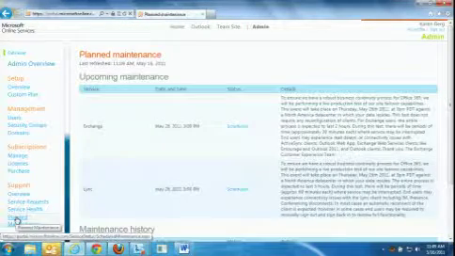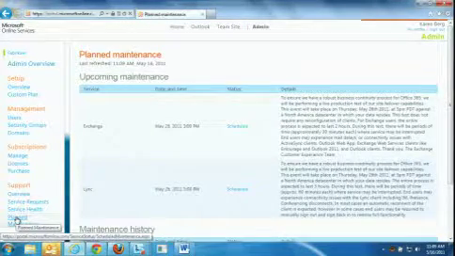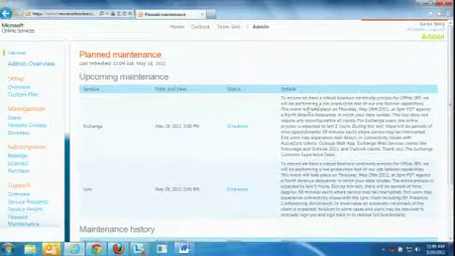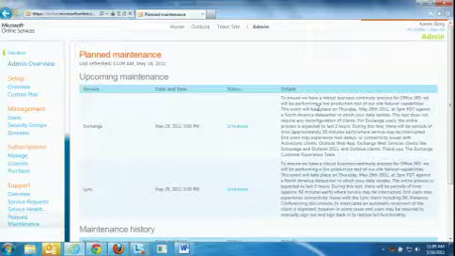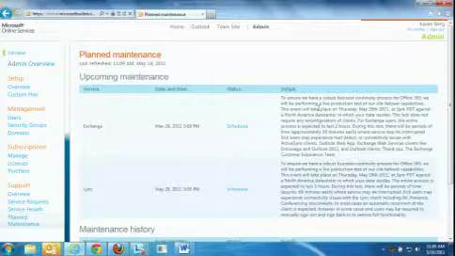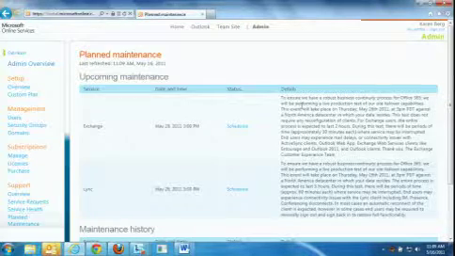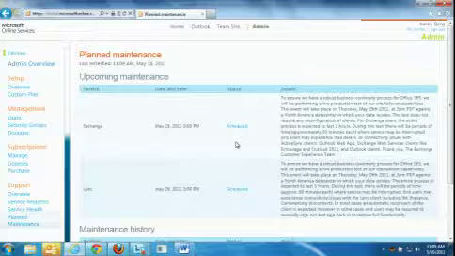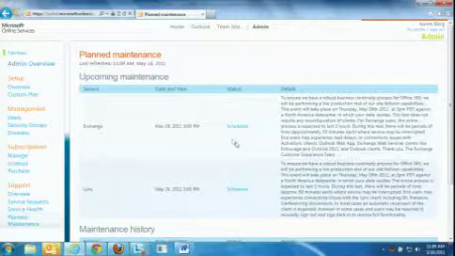And then the last thing is planned maintenance. So when we do have some planned maintenance, this is a place for you to come and see exactly what's going to happen and what some of the details are. In this case, we're actually doing a site failover test in May, in a few weeks. And so this is data and information that you can use to basically understand what's happening with your service